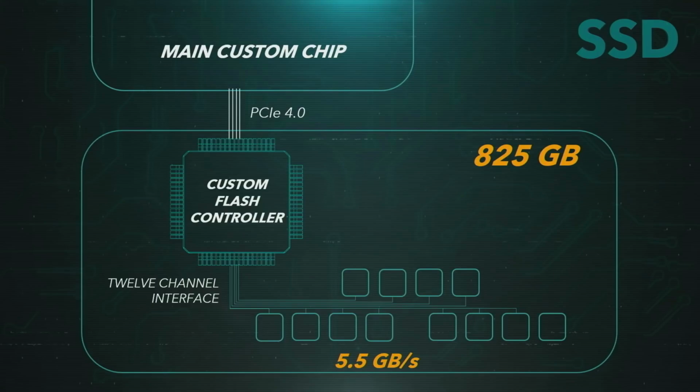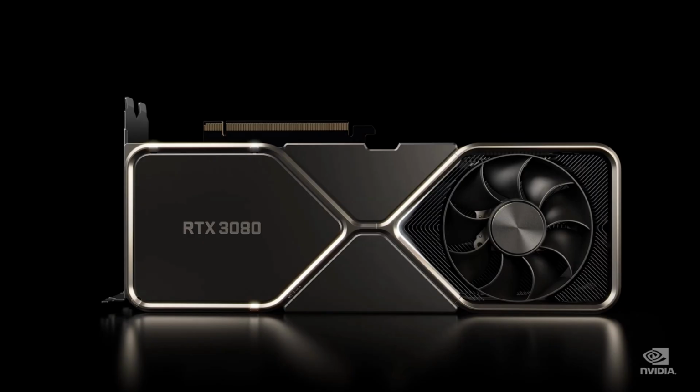To be clear, a fast SSD in this next gen of consoles and with PCs is not just about loading speeds. It's about creating massive new worlds, interactive worlds that are going to completely transform games as we know them today. The good news is that this super fast streaming straight to the GPU is not just for the next